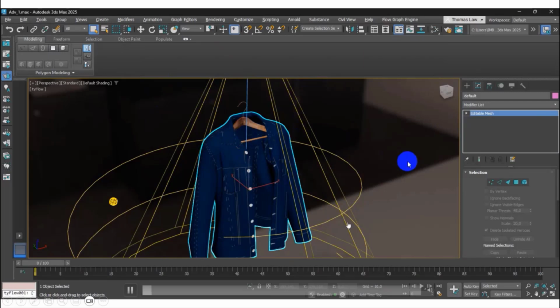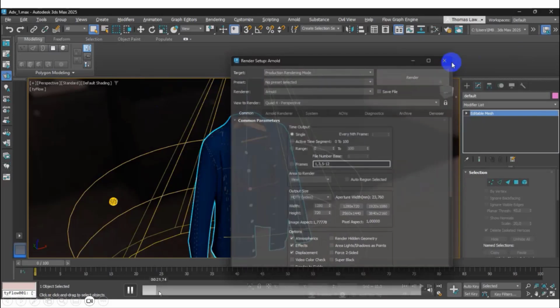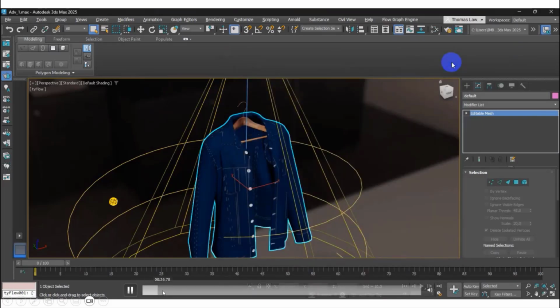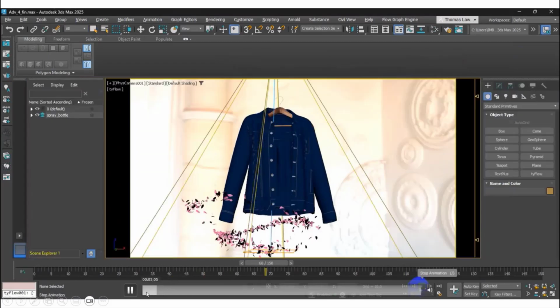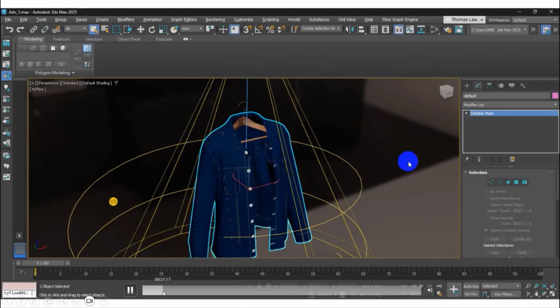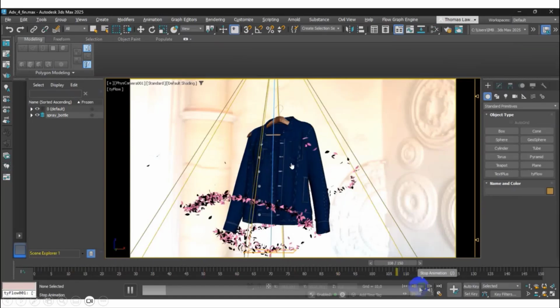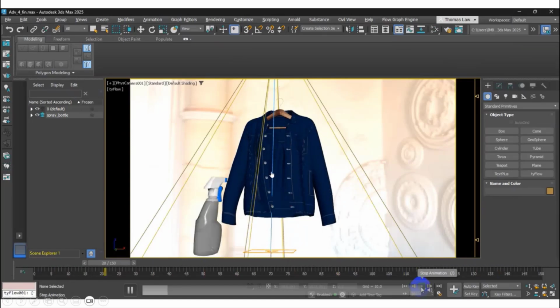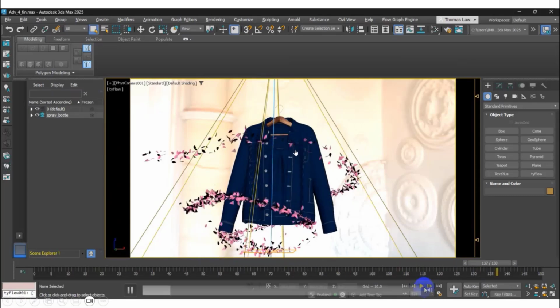I want to create the particle following the path. This is the final, and this is the shaking.